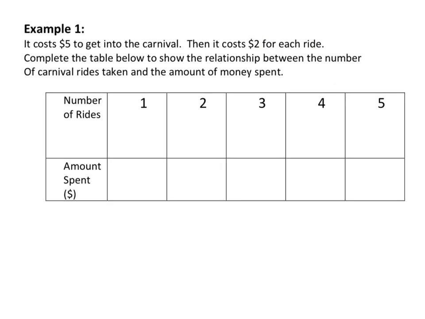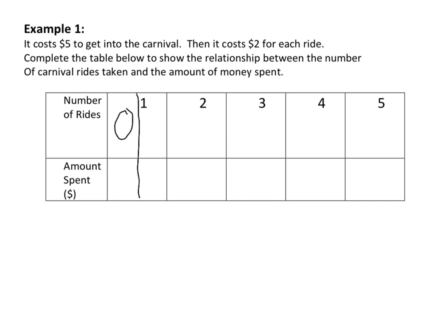So let's look at this example. The question says it costs $5 to get into the carnival. Then it costs $2 for each ride. Complete the table below to show the relationship between the number of carnival rides taken and the amount of money spent. So the first thing I like to do is add that extra column to get us back to 0